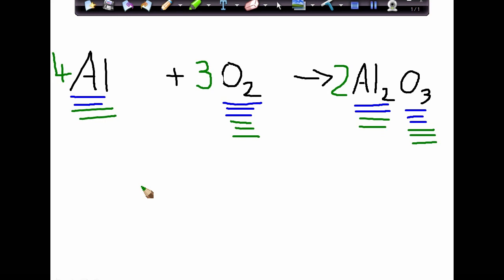Sometimes it also pays to start with things where, for instance, oxygen here is only contained in one compound on this side. You'll probably see what I mean by that when we do a few more examples. But the gist of it is, guys, like I said, start with the most complex one. Just count up the number of atoms, put a number in front on the other side to get the number you need,